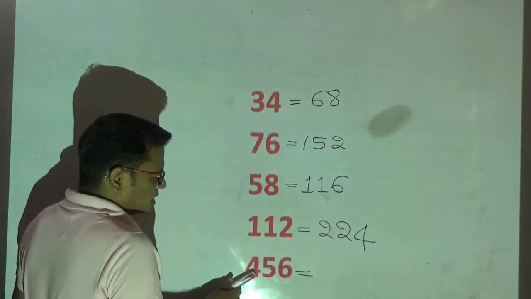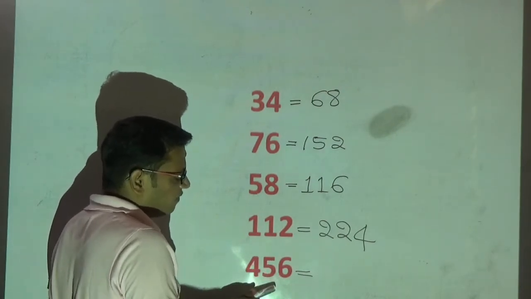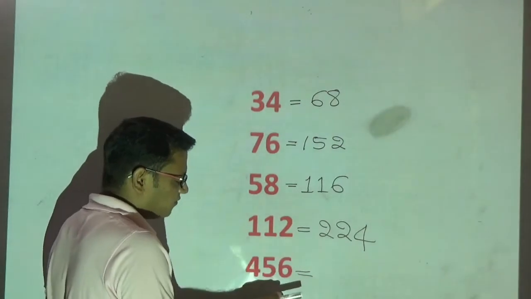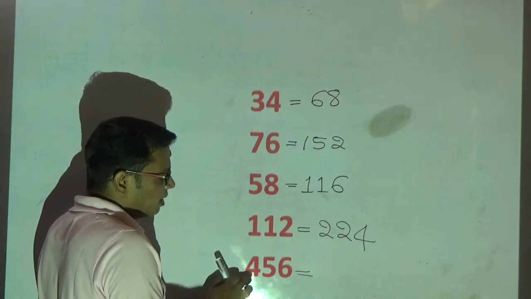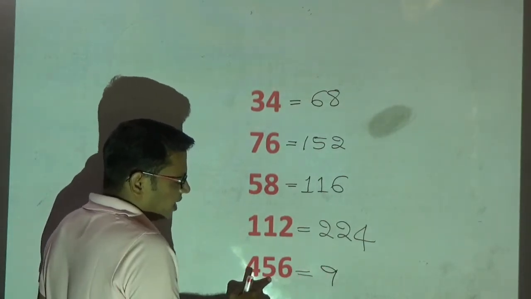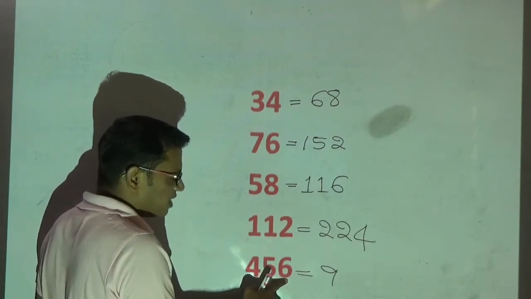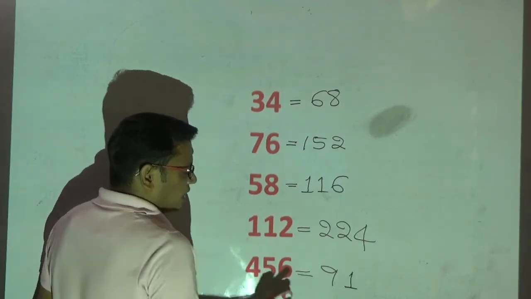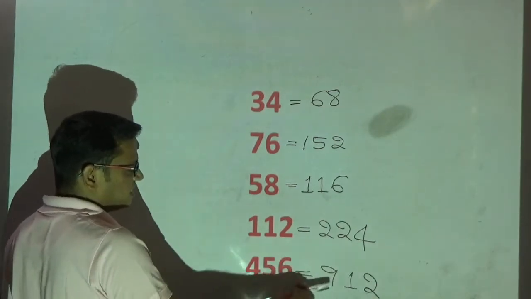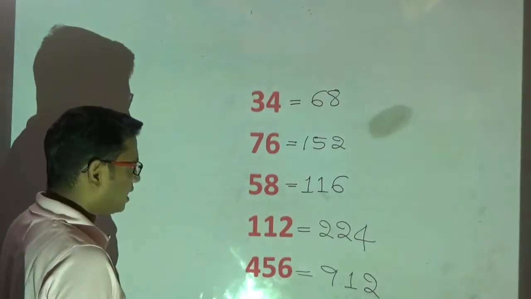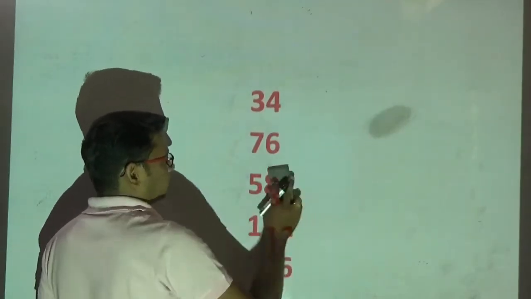Now, see here. I have to double this 4. I will check the next number. It is equal to 5. Whenever my next number is equal to 5 or more than 5, what I have to do is double and add 1 to that. Double of 4 is 8. Plus 1, I will write 9. Double of 5 is 10. I will check the next number. It is more than 5. Therefore, plus 1. 10 plus 1 is 11. Write the end digit only. Double of 6 is 12, right, only the end digit. So double of 456 is 912. See how quickly I can do these problems. Further, we will go for the next set of examples.